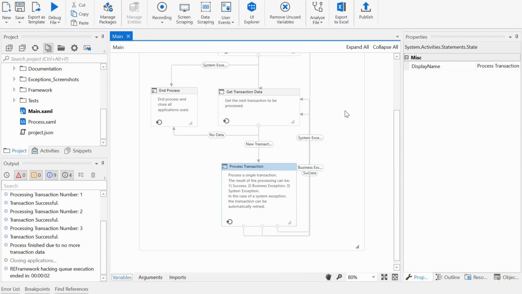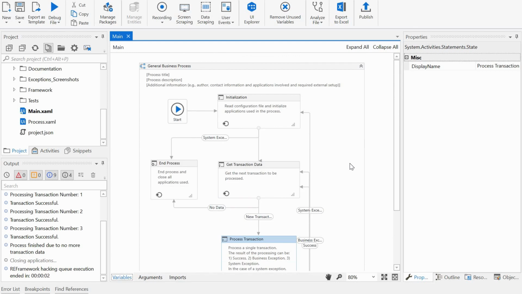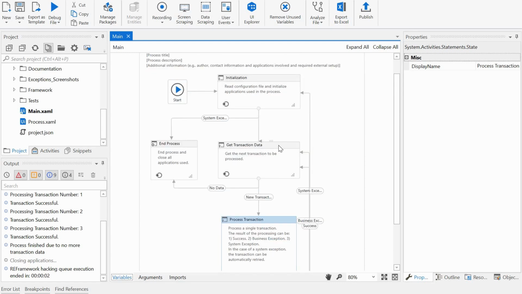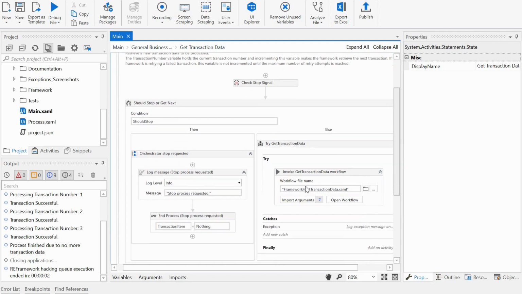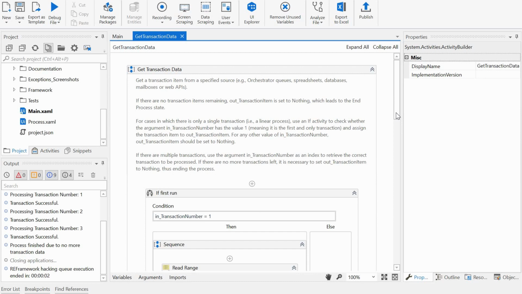So now that we have already a framework which is working without queues, it's very simple to do that. Basically, we have to make sure we expect only one item. Of course, we can really hack the framework and delete that GetTransactionData state altogether and rebuild it, because we don't expect to have this repetition here of getting one item, processing it and going back. But a very simple and quick way to do that is to just go to the GetTransactionData workflow,